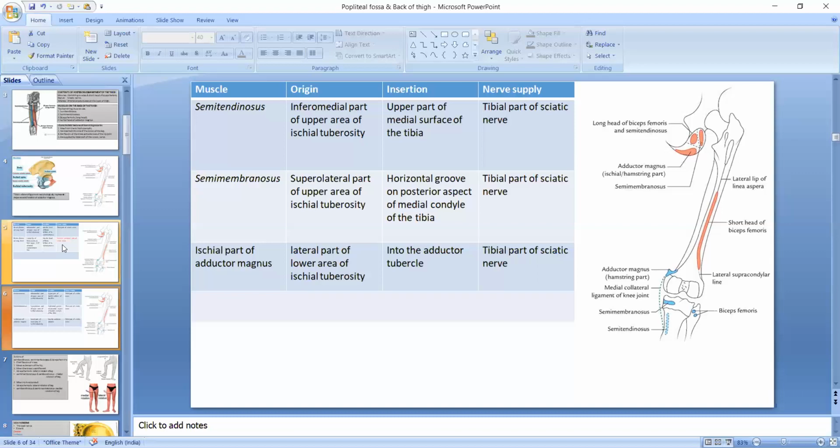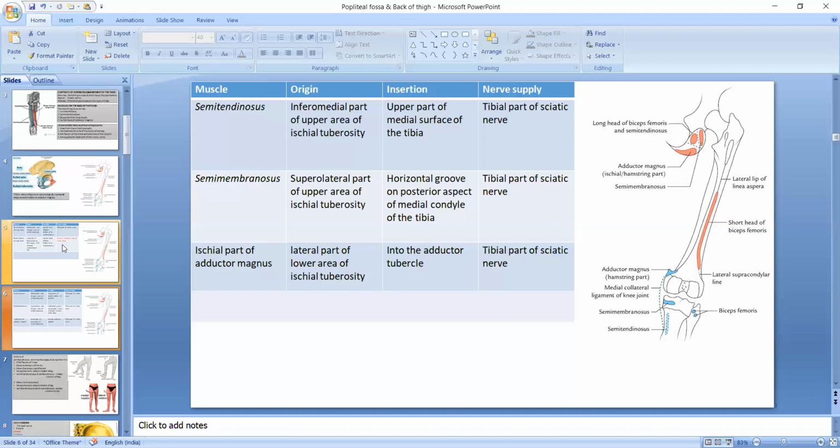Such an injury occurs in sports that require rapid contraction and relaxation of the muscles, such as sprinting, footing, and hurdling. So it tears off a piece of the ischial tuberosity when this happens. This is called avulsion fracture of the ischial tuberosity, due to the rapid contraction of the hamstring muscles.